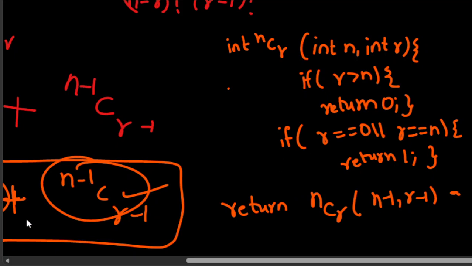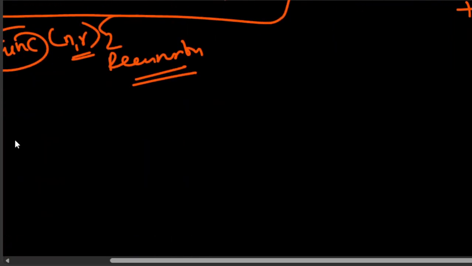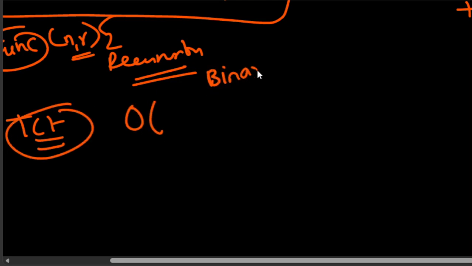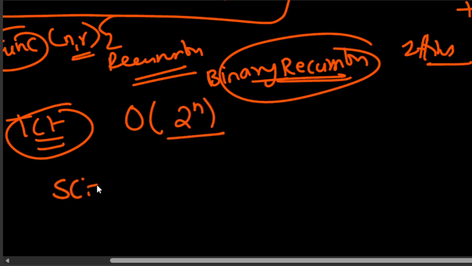Previously we had n-1 cr-1 and n-1 cr, right? So just add nCr, and call the function again by writing it like this. Okay, so this is one way, but the problem here is the time complexity. Time complexity for any binary recursion, and this is a binary recursion because we are calling the function two times inside the function, would be O of 2 power n, and the space complexity is